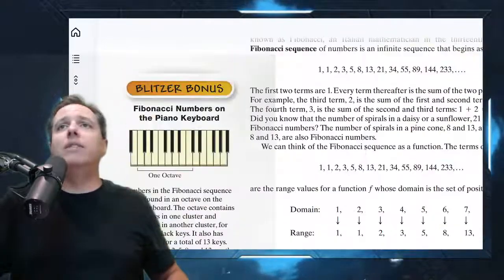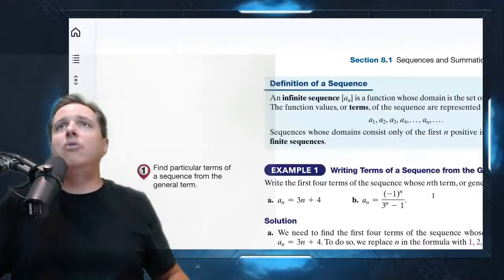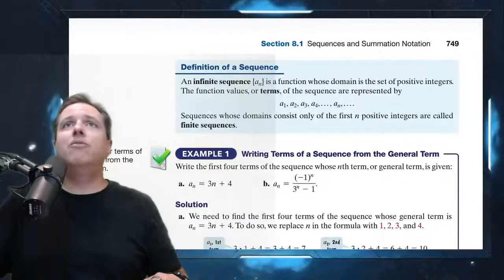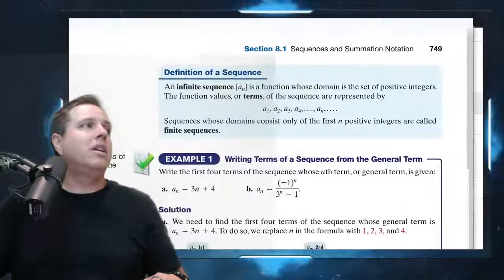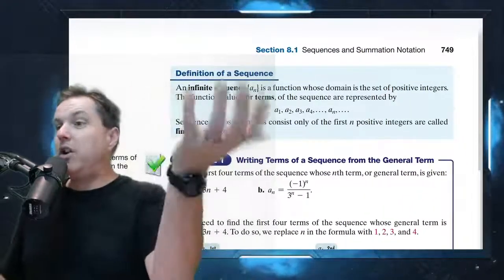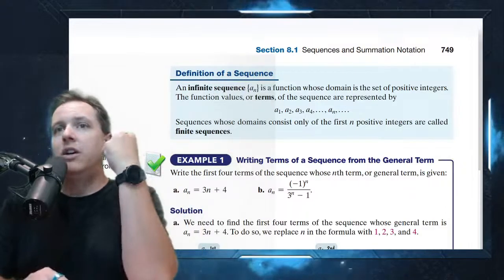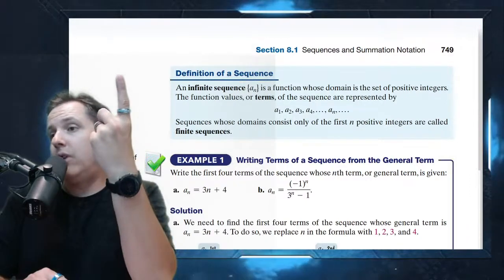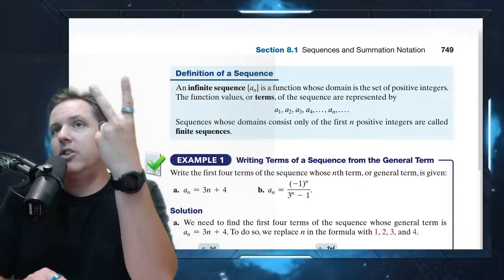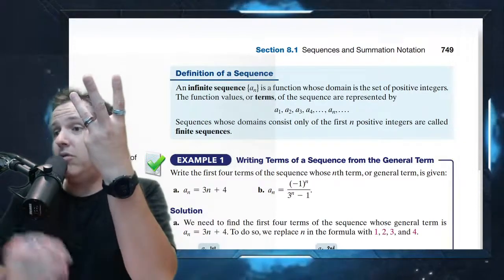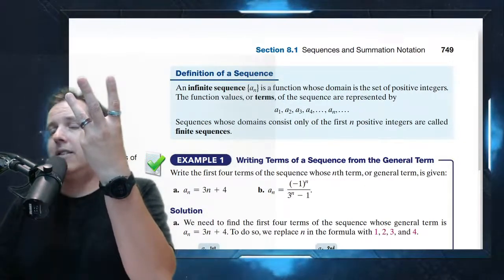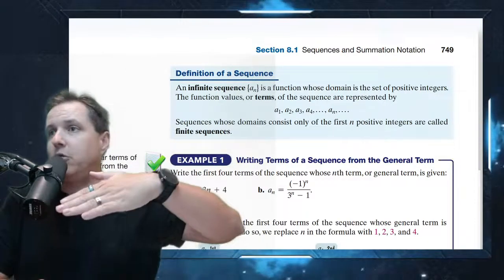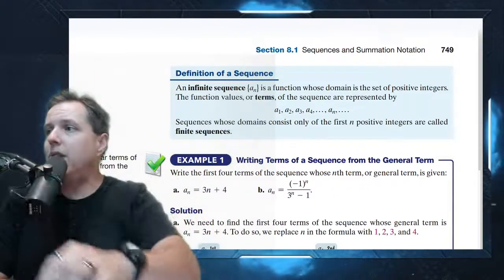So what is a sequence? Well, the thing is, a sequence is kind of like a function. And I know one of the reasons that people get confused about functions is because there's a bunch of different ways to view functions, right? You can view a function oftentimes as a graph. You can view a function as just a rule, f of x equals 2x minus 1. That's a function. You can view a function as a table where you have a column of x's and a column of y's. Sometimes a function can be written as tuples, right? Just a list of tuples that tell you what input turns into what output.